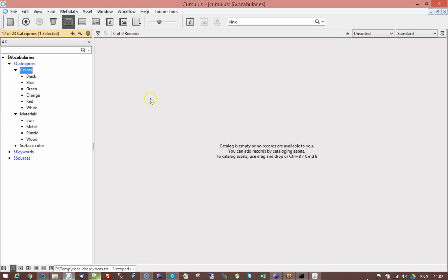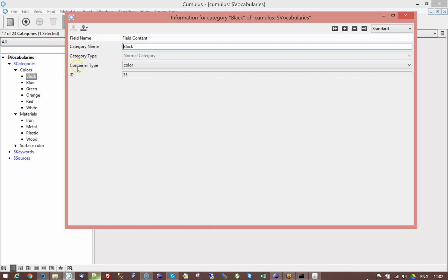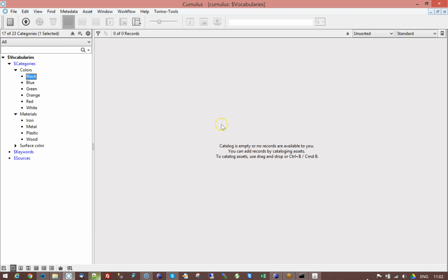What is the idea? I have, in a Cumulus environment, created and defined some lists. As you know, you do that by setting categories with a certain container type. That container type is discussed in the other movie; it is something you create up front, and then you can create these list values. Now I'm just going to delete some to show you that the system can assign and also can create content